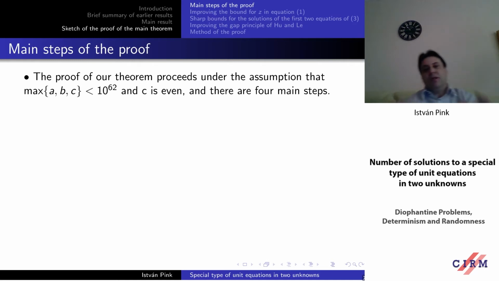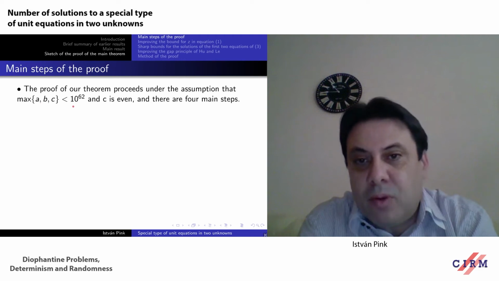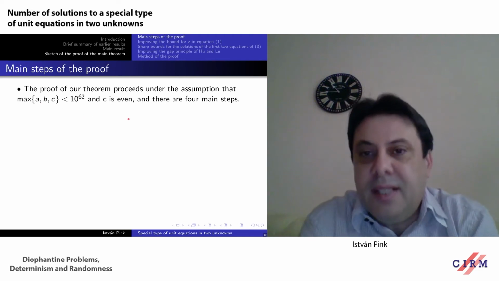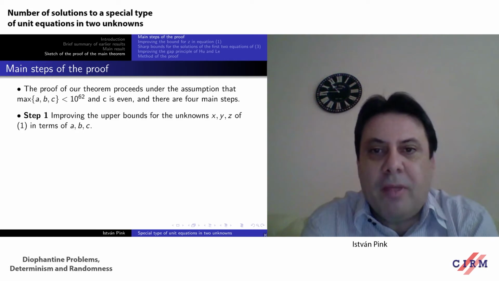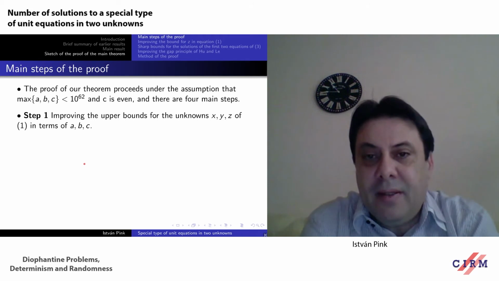Now, in what follows, I would like to give some details of the proof. In the first part, I would like to give the main steps and the main ideas of the proof, and after that, also some details. So the proof of our theorem proceeds under the assumption that the maximum of A, B, C is at most this number, and C is even. And in fact, there are 4 main steps. There is a general step. This is step 1. We needed to improve the bounds for the exponential unknowns x, y, z